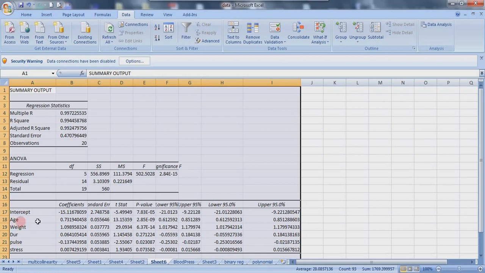So let's look at age. For age, we have a relatively quite small standard error, but what we are more interested in is the statistical significance of the age. So we can find that the age